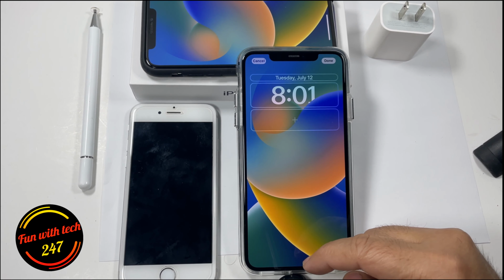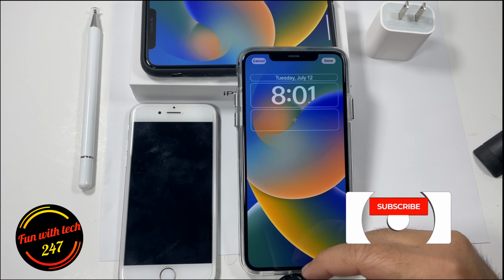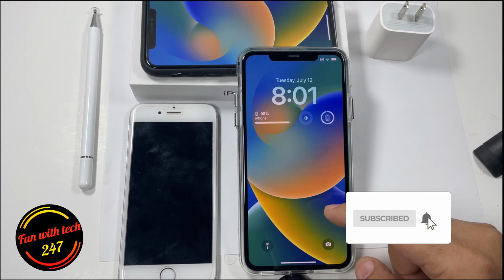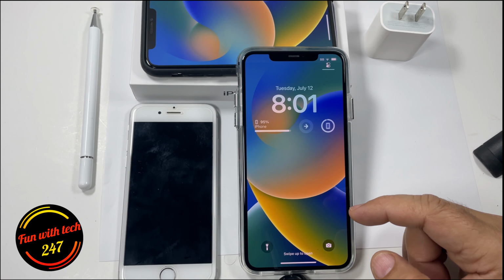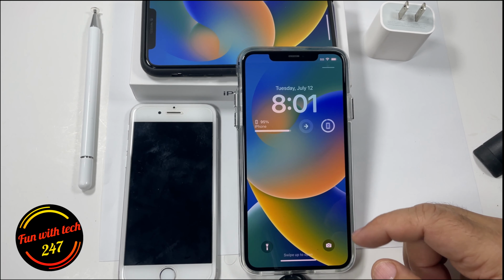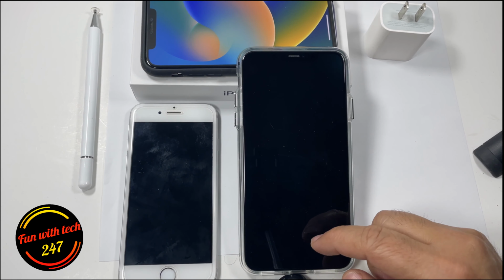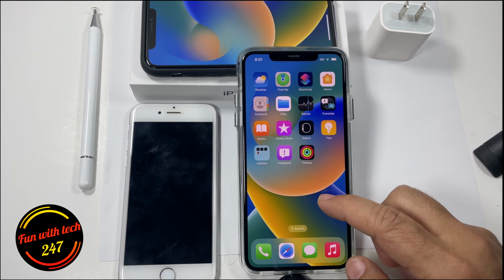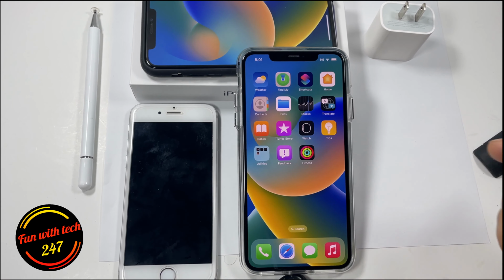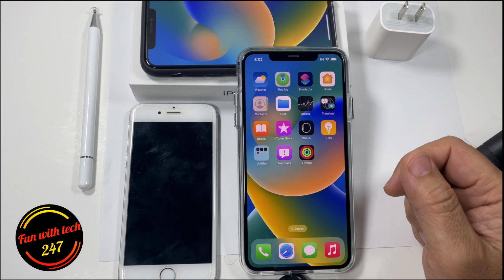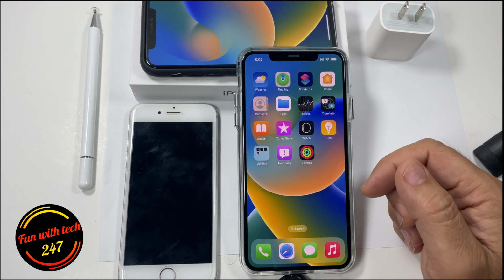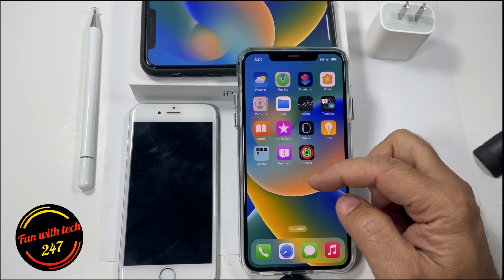Today I'm making a video on iOS 16 beta 3, which was released just recently, and there is no new modem update in this iOS 16 beta 3. On top of that, if you look at it, there are not many changes from previous betas, mostly just stability and bug fixes. But there are a few cool features about iOS 16 which I'll be talking about today, and I'll start with the one I like, and that's